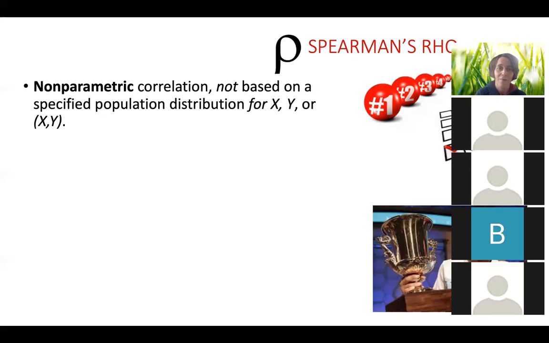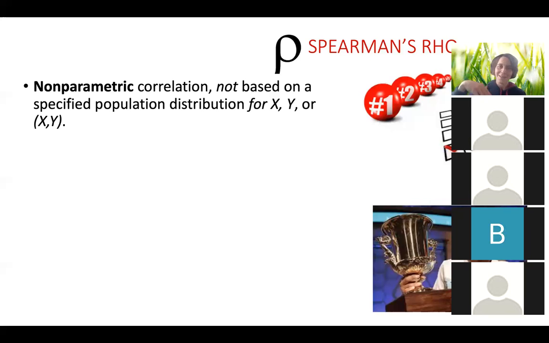So if you have a data set and you suspect that the data is not normally distributed, or that the bivariate normality is not given, then what Spearman's rho does is it just calculates the Pearson correlation coefficient on the ranks. So if you wanted to correlate